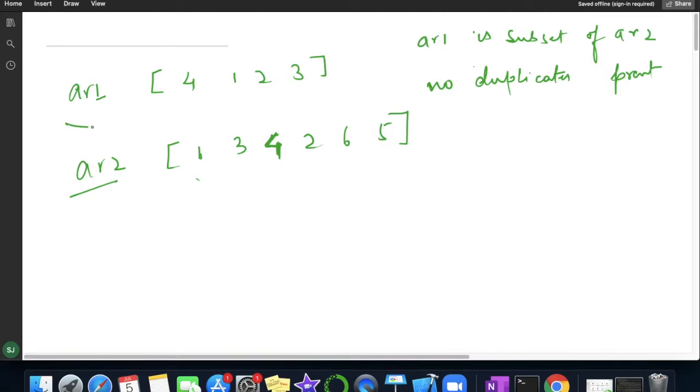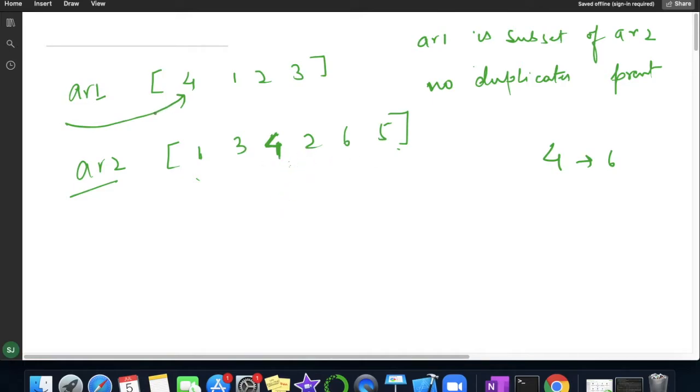Now iterate one by one in array 1. The very first element is 4, so we go to array 2 at the respective place for that element, which is here. After this place we have to find the next greater element. You can see the elements are 2, 6 and 5. Here 2 is less, 6 and 5 are greater, but the next greater element is 6. 2 is smaller, next is 6, which is greater than 4. So for 4 our answer will be 6.